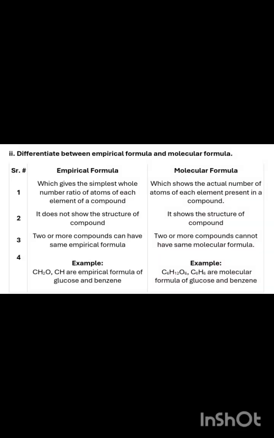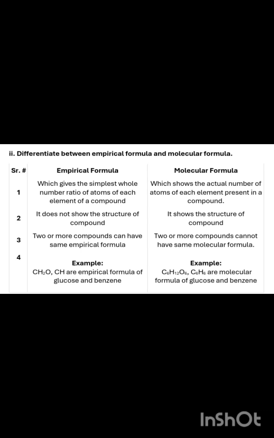Now for the second question, we have to differentiate between empirical and molecular formula. Empirical formula is the one which gives the simplest whole number ratio of the atoms of all the elements present in a compound, while the molecular formula shows the actual number of atoms that are present in a particular compound. Empirical formula doesn't show any structure of the compound, so you can't guess the compound by its empirical formula, while the molecular formula shows a structure of the compound, so it can be predicted what's going to be the actual